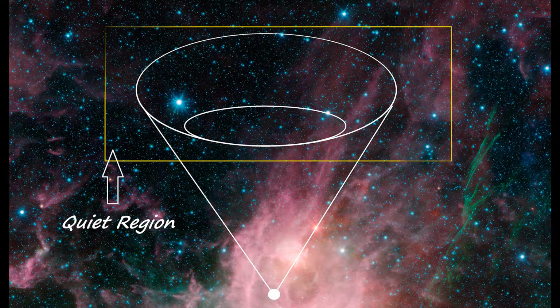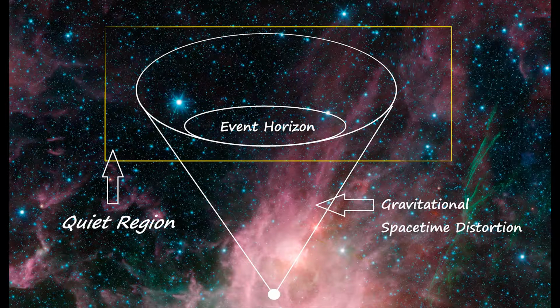There's the quiet region, which is outside of the black hole and lacks gravitational influence, meaning the gravitational pull is weak and you can pass the black hole without being sucked in. Then you get to the event horizon, where the gravitational pull is greater and the escape velocity is greater than the speed of light, and it's also known as the point of no return. As you go through the black hole, the gravitational space-time is distorted, and the point of singularity is believed to be an infinitely tiny, dense point where all matter of the black hole resides.